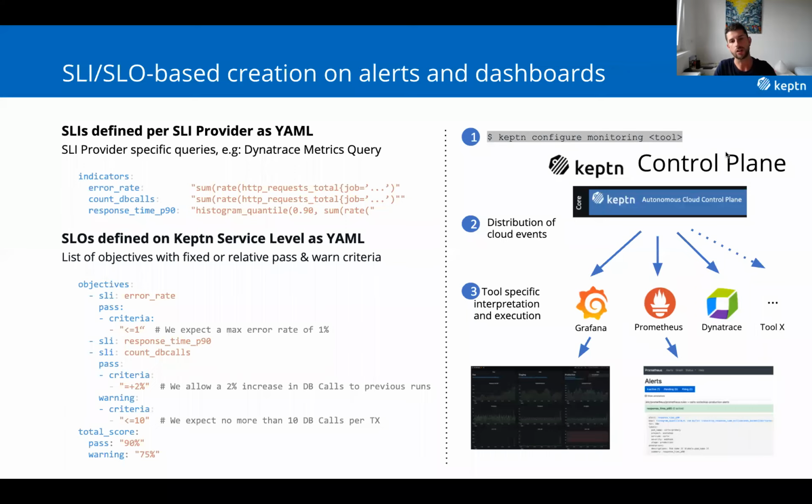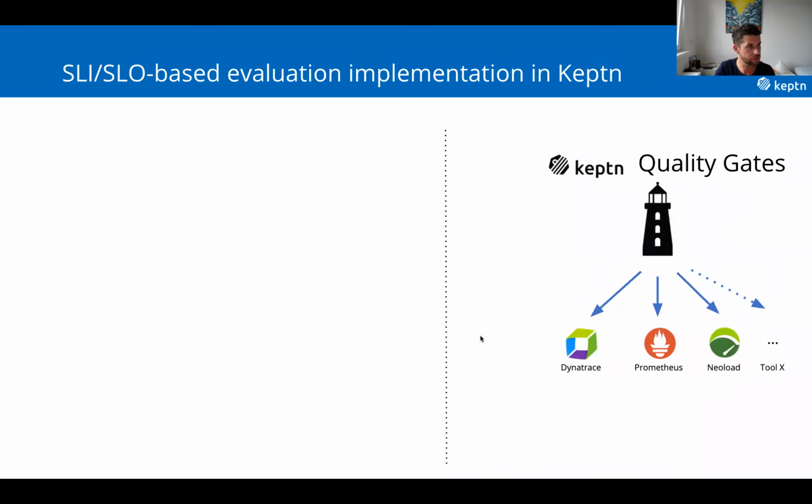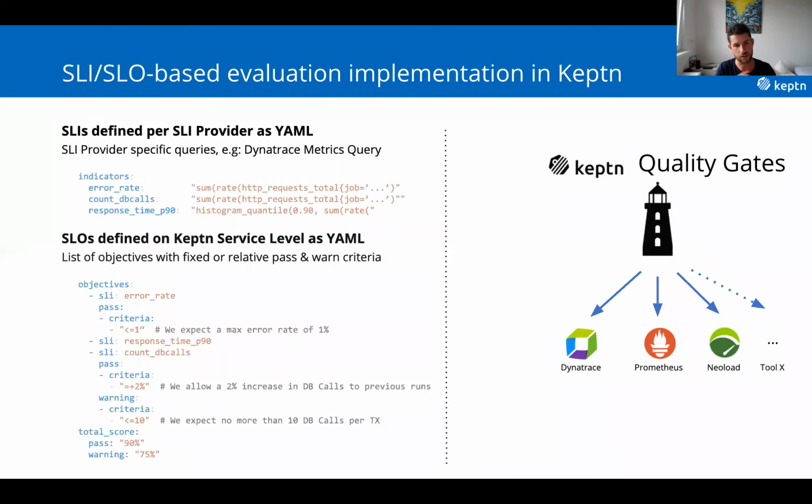So this is one part of how we can use these files, but there is a second part of how we can reuse these files. And this is where we call it the Keptn quality gate. So on the left-hand side, it's basically exactly the same information. On the right-hand side, we now use Keptn to evaluate the quality of our microservices. So for example, we start an evaluation for the last 30 minutes. So basically Keptn will fetch,